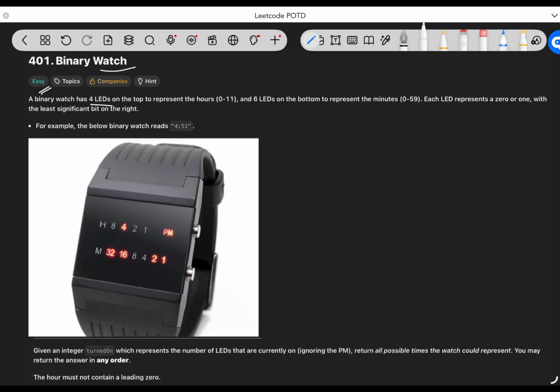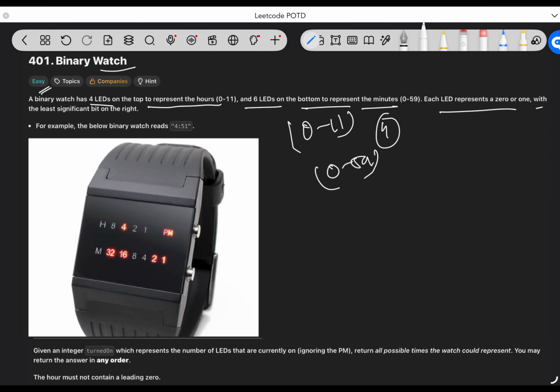A binary watch has 4 LEDs on the top to represent the hours from 0 to 11. Why only 4? I will explain later. And 6 LEDs on the bottom to represent the minutes from 0 to 59. Each LED represents a 0 or 1, like a binary form, so either it will be 0 or 1, with the least significant bit on the right. For example, the below binary watch reads